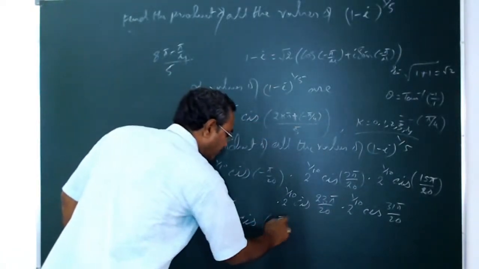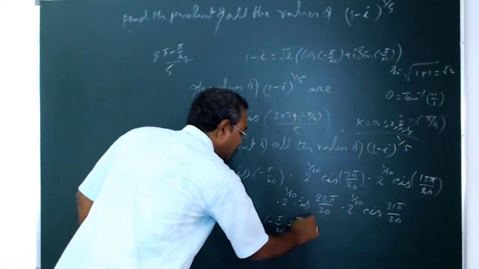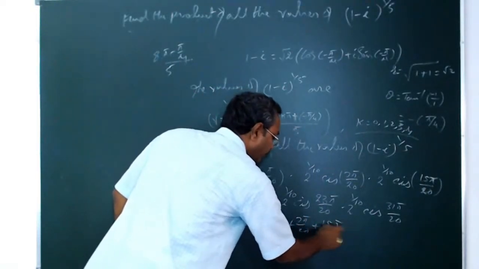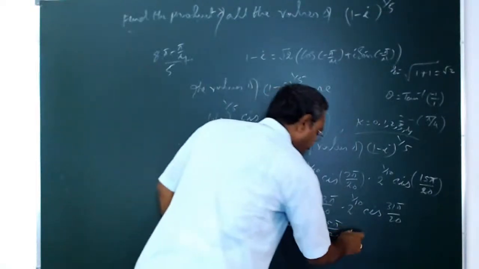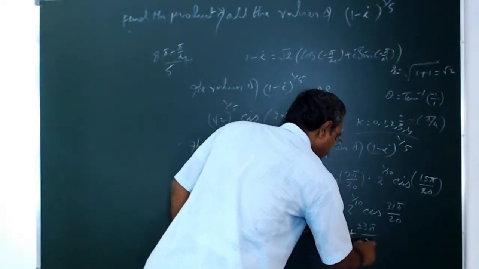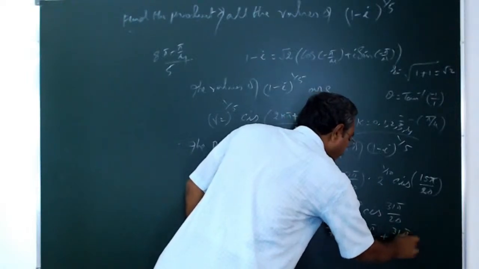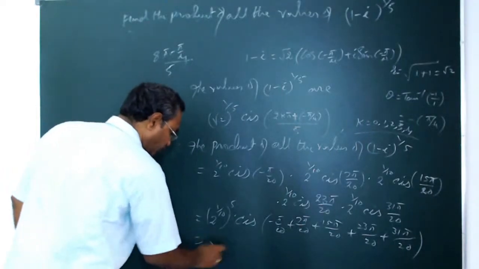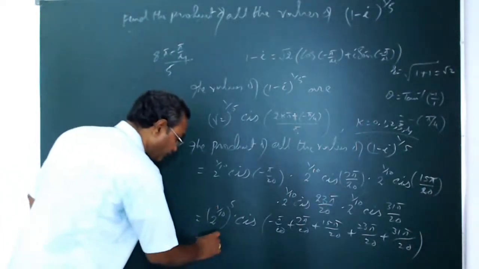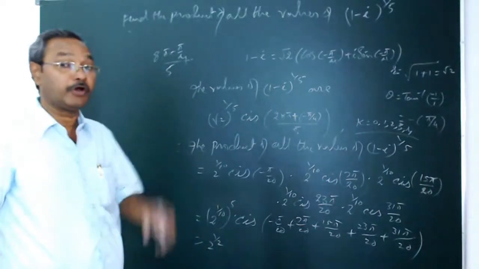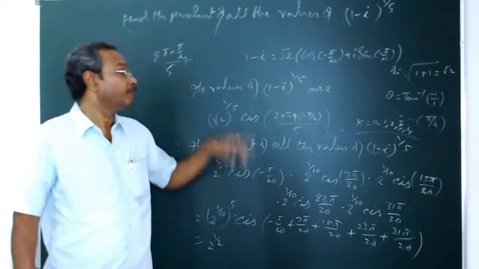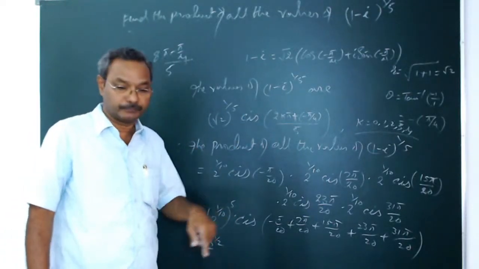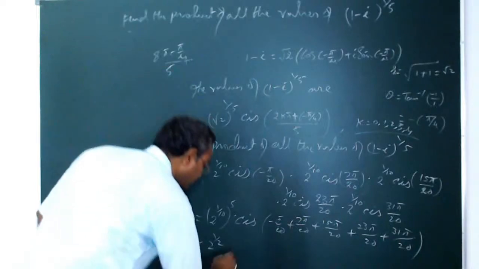So it is minus pi by 20 plus 7 pi by 20 plus 15 pi by 20 plus 23 pi by 20 plus 31 pi by 20. This is 2 to the power of 1 by 2. You are going to get R here. What is our R? Root 2. So you are getting root 2 into cis,